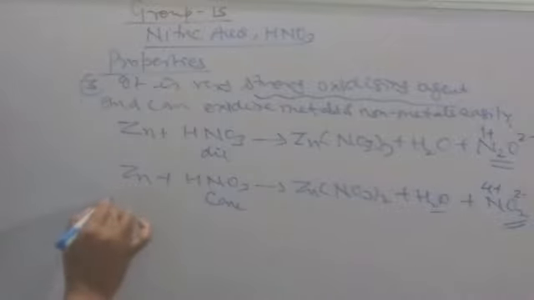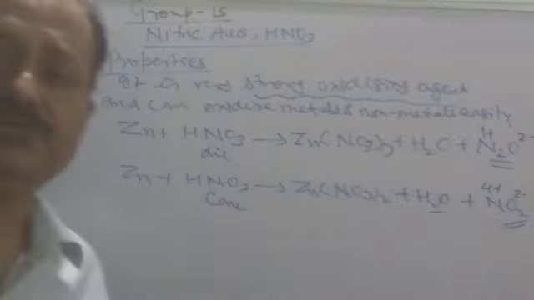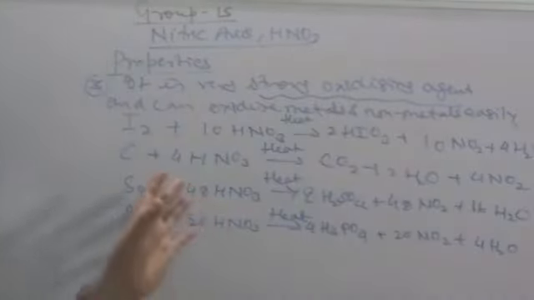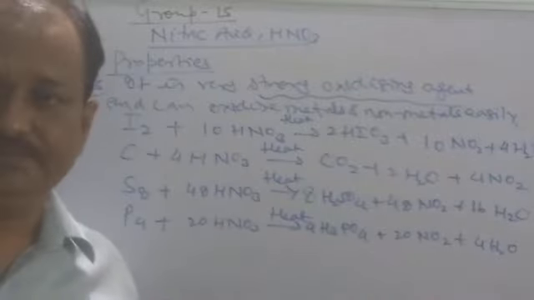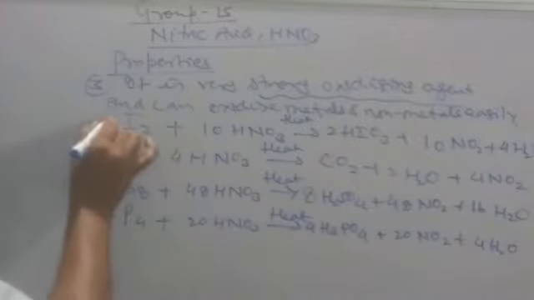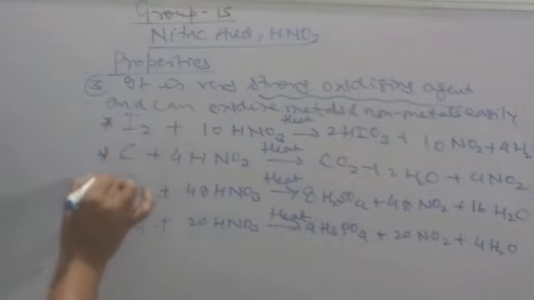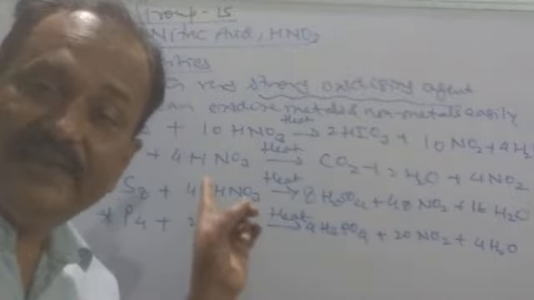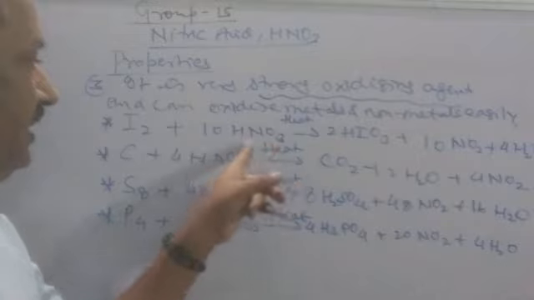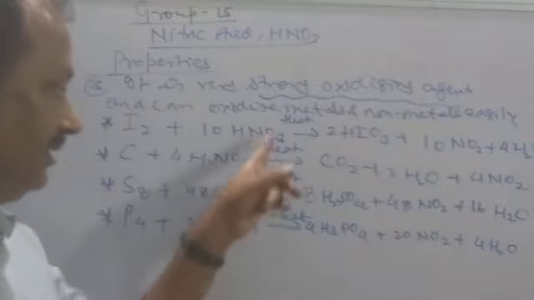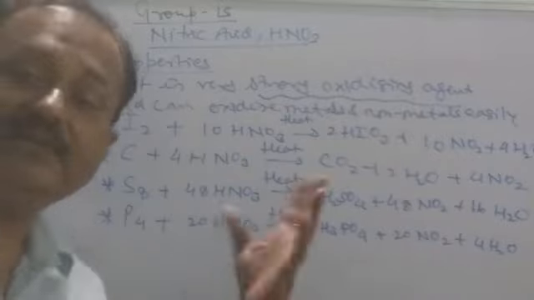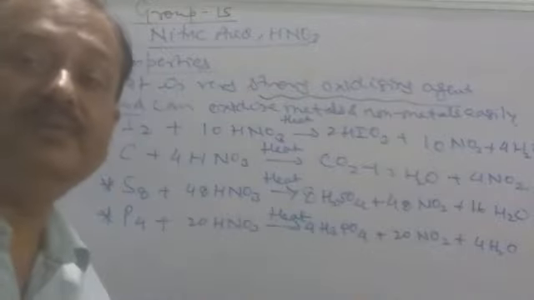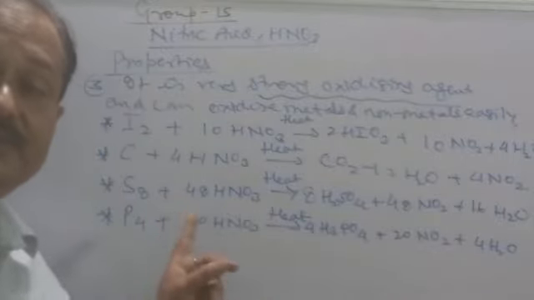Now coming to non-metals. In non-metals also, it is able to form some compounds here. Now here, I have written very important reactions. These reactions are very important. Reactions of concentrated nitric acid with iodine. When we take solid iodine and take concentrated nitric acid, in all the conditions you have to heat. In case of metals, it is not necessary to heat. Metal reactions take place strongly when we heat, but for non-metals it is mandatory to heat.